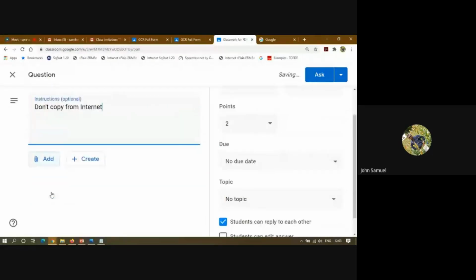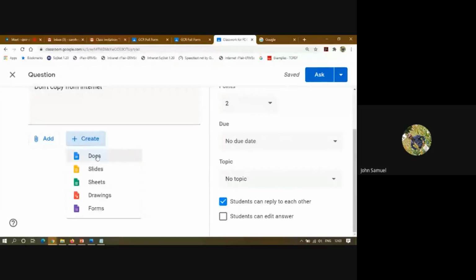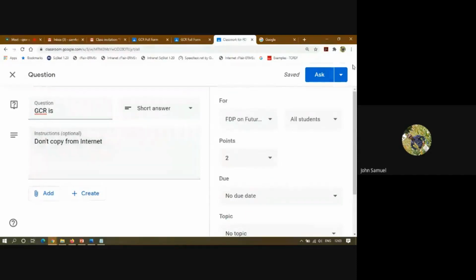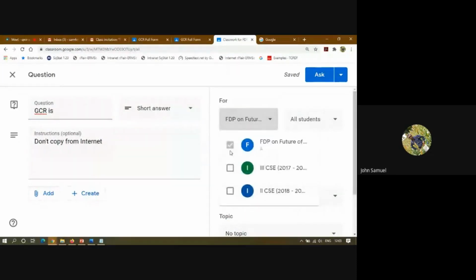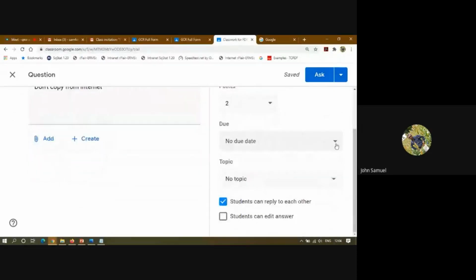And I told you that you can add a link, file, YouTube link, and Google Drive item, or you can attach a document, slide, sheet, drawing, and form. So you can attach whatever it may be. Then, as we already told, we can post for all classes, or a single class, as well as for students, and select the points, and you can fix a due date, right?